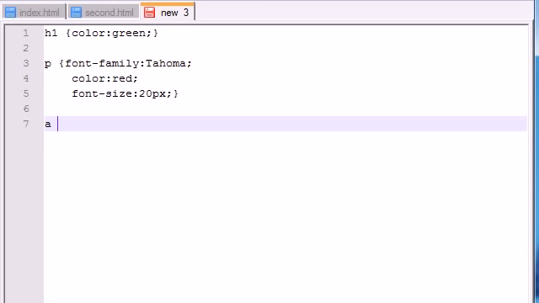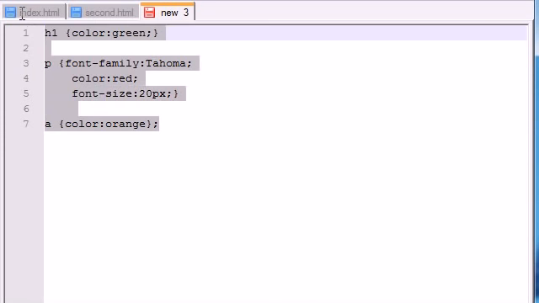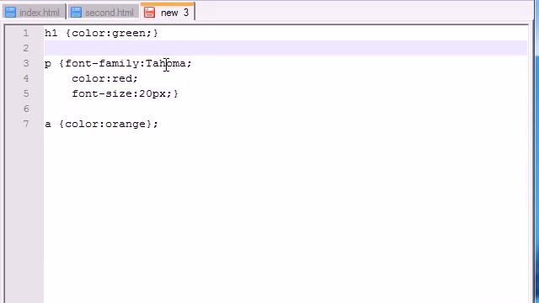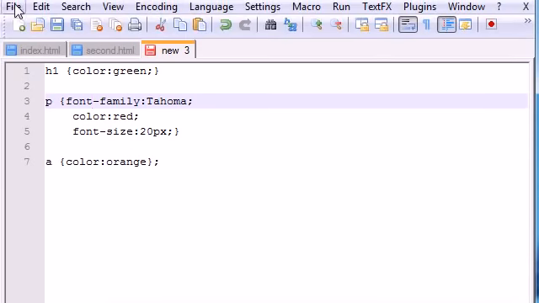Alright, now let's go ahead and make all the links orange or something. Color: orange. So now we have all these rules right here, but how do we tell our web pages that these are the rules that we want to use? Well, the first thing we need to do is go up to here, File,